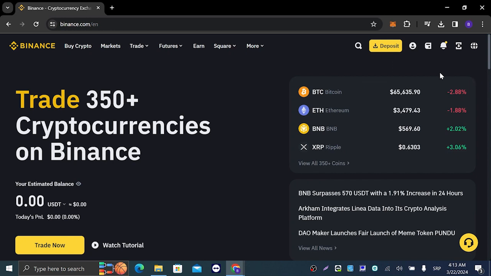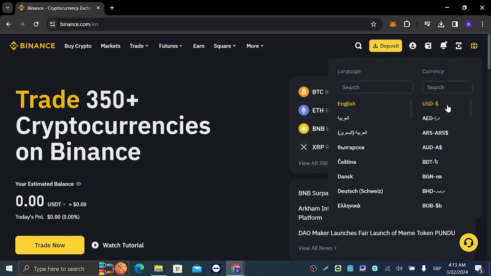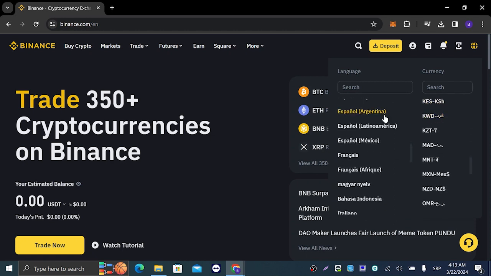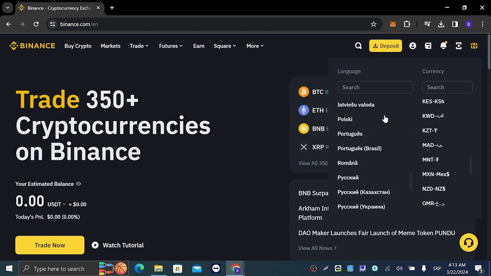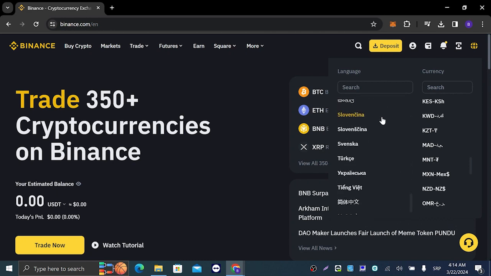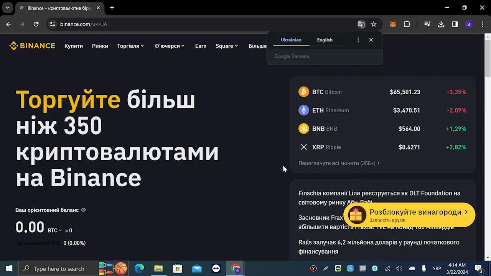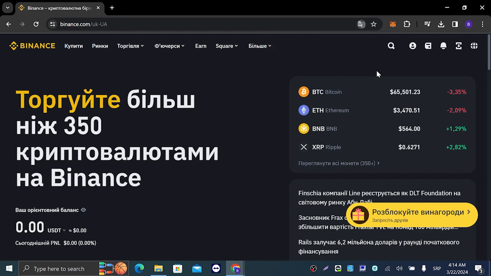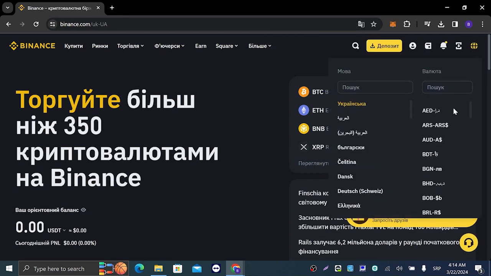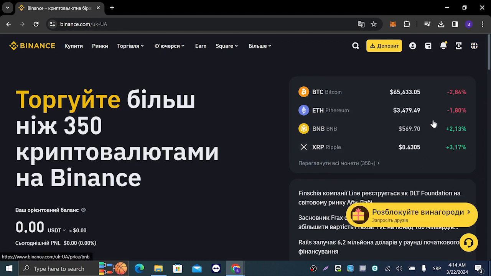You're gonna just hover over that, and here, as you can see, you can change your currency and you can change your language. So if we set language to, I don't know, let's say Ukraine, let's basically click on that. So we are going to get the Ukraine Binance app, and if we change the currency to, let's say, euros,